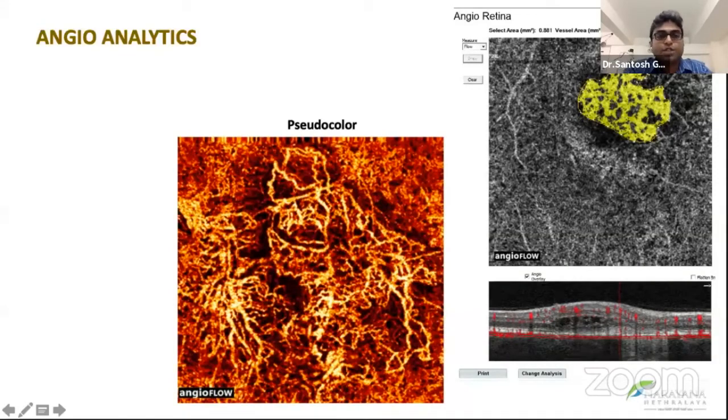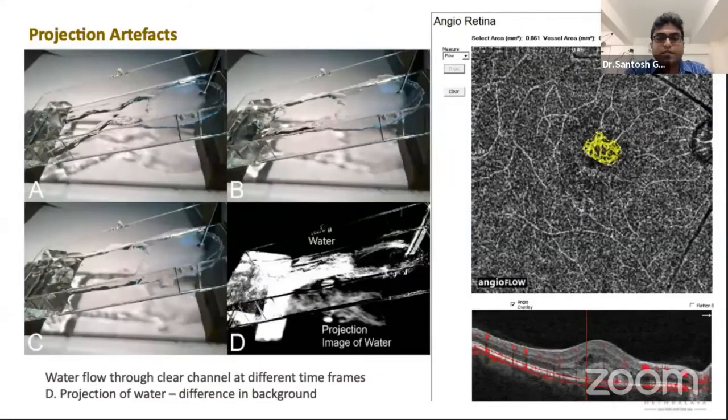And a word on the projection artifacts was already discussed. It's like a flow that happens on a static background, like water flowing up against a static background. So obviously there is bound to be a reflection that happens on the deeper layers onto the vessels of the DCP and the SCP on the CC slab. It doesn't mean that it's an entirety. It's a different layer that we need to keep in mind.